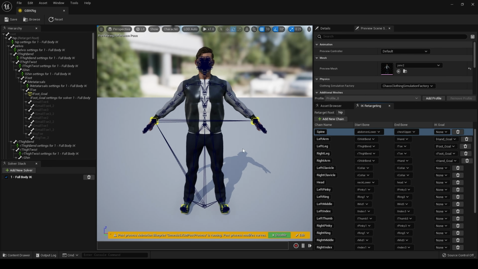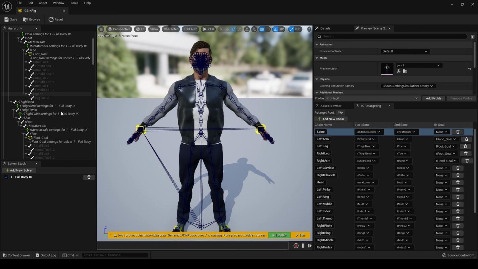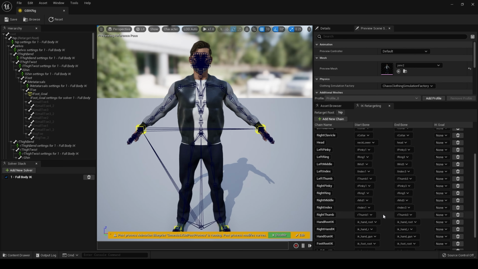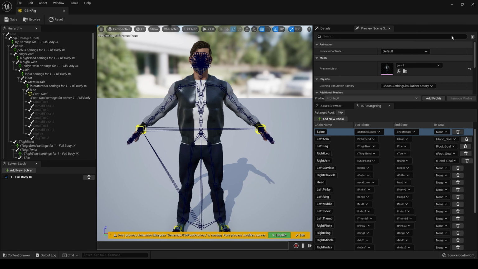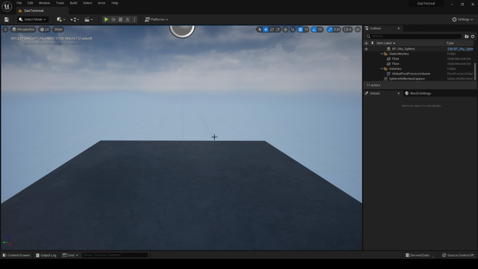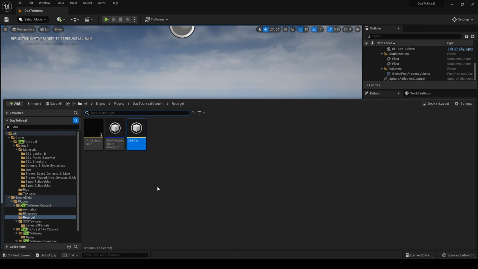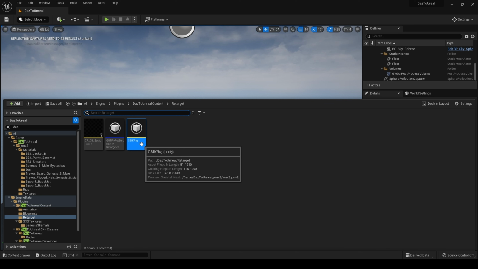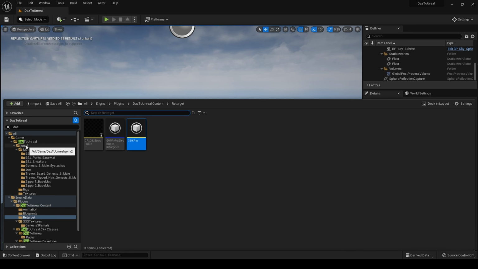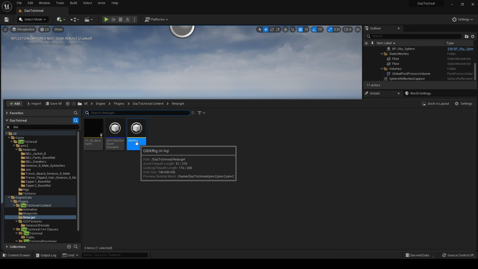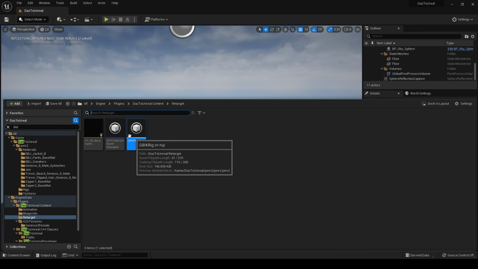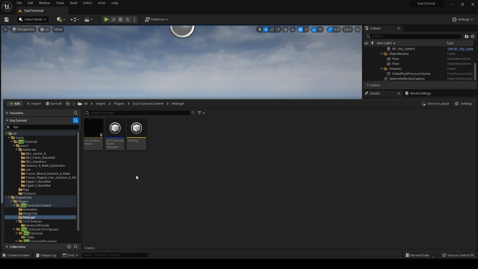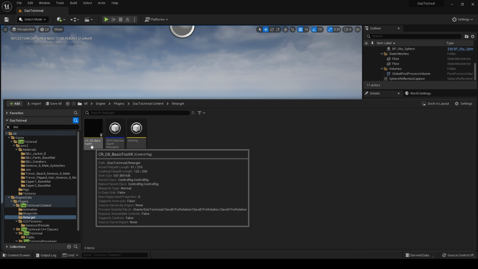Now, David has done a fantastic job with this, so I'm happy that we now have an IKRig and we don't have to make you sit through a 40-minute tutorial. So thanks to David. It may be wise for more advanced users to copy this IKRig to your project folder. So if you do make any changes, you're not breaking the one that comes with the plugin, so you always have a reference. We don't need to worry about that, but what we do need to worry about is this